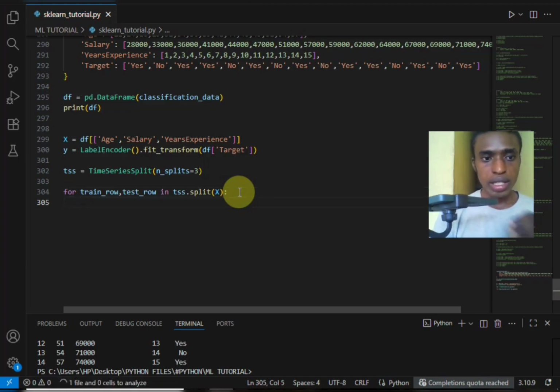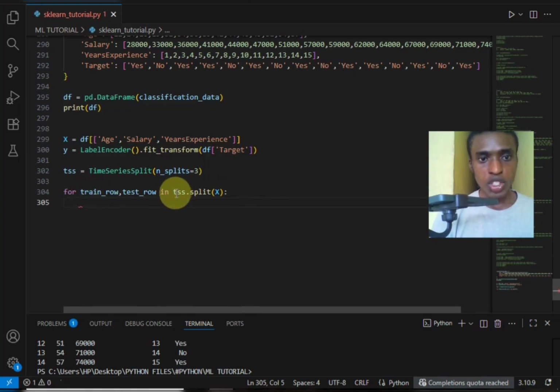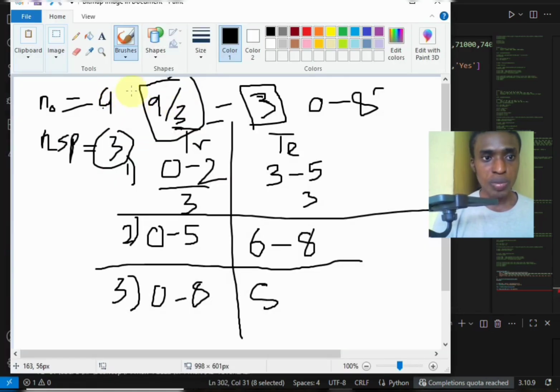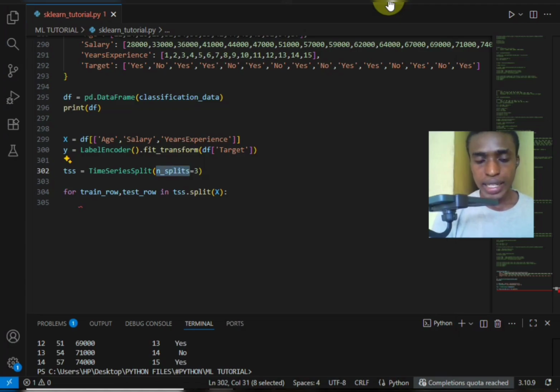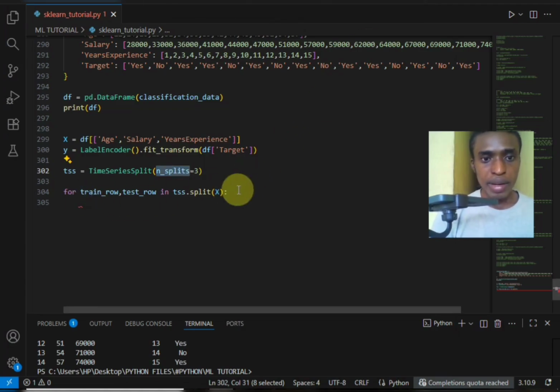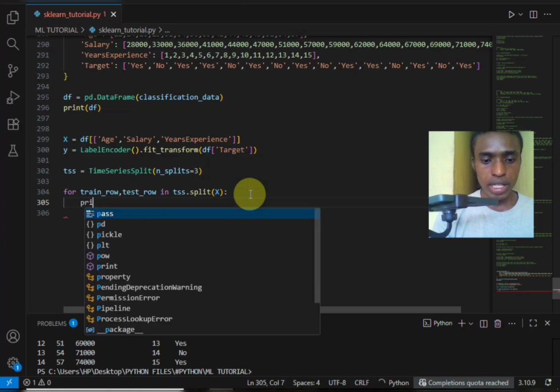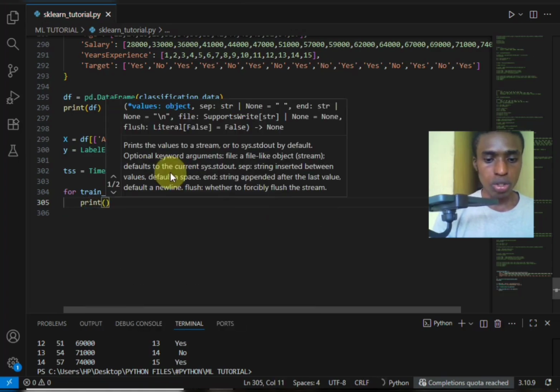The next thing we want to do: remember that TSS name variable I gave for the time series split. Remember that we said the number of splits is going to be 3, like I explained here. The n_split, as we set it to be 3 right here, is going to provide us with the index. But if you are confused and want to view that, we can print